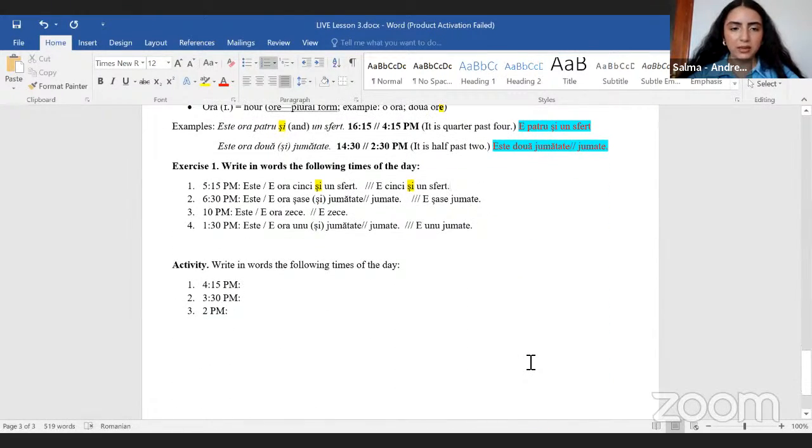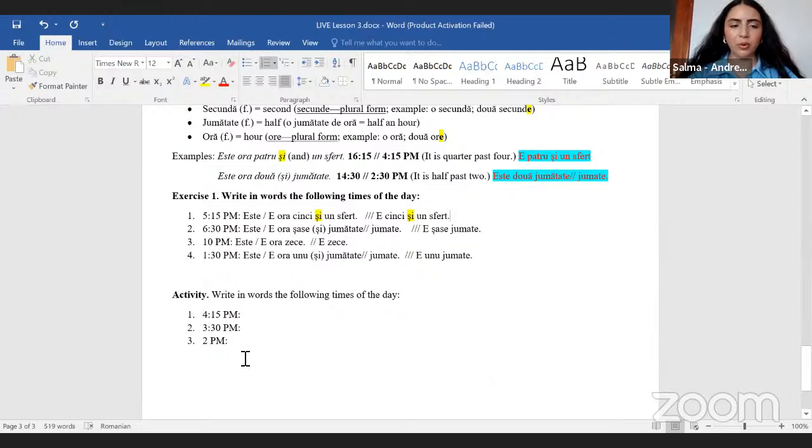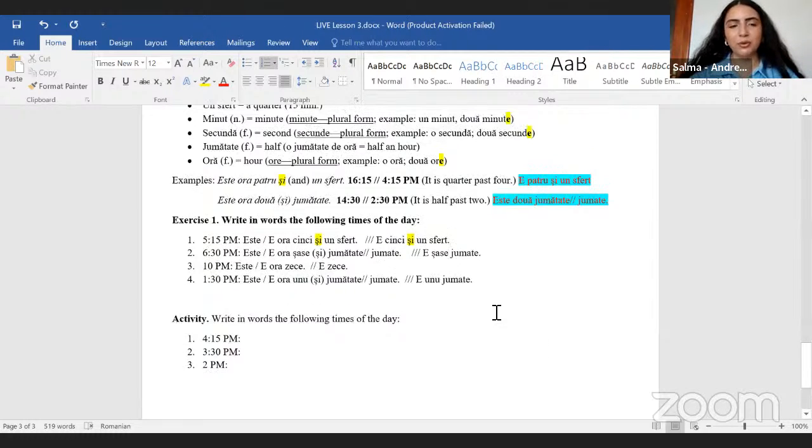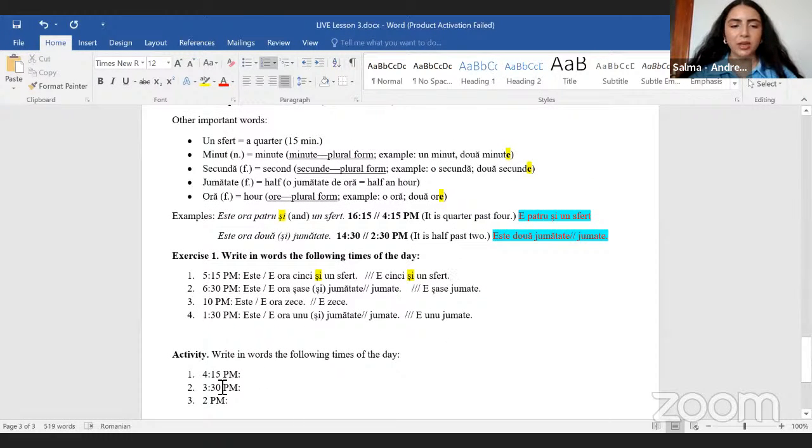I think it is more than enough, because I don't want you to feel overwhelmed with too much information at a time. You need some time to process everything, and to get a feeling of the language, which is the most important thing for you. I highly encourage you to do this activity on your own. Try to not look at this part, or if you find it harder at the beginning, you can just look and then solve it. But if not, you can just test your knowledge that you've acquired until now.